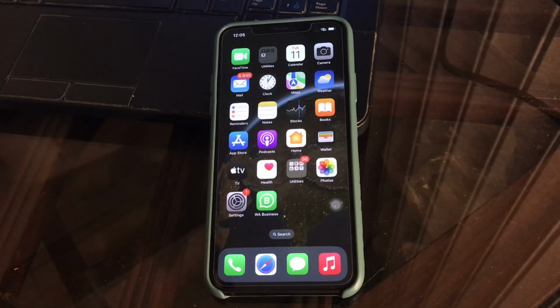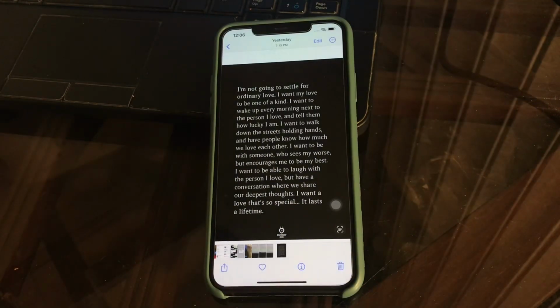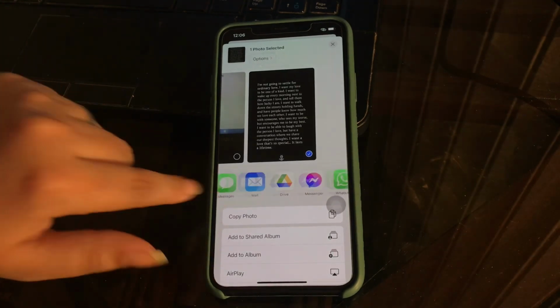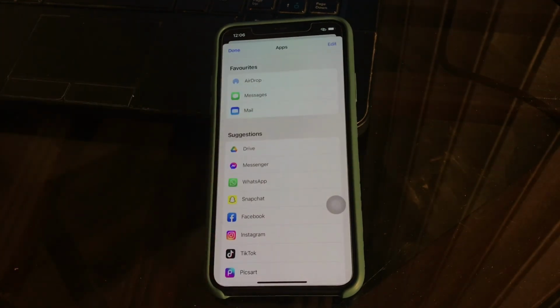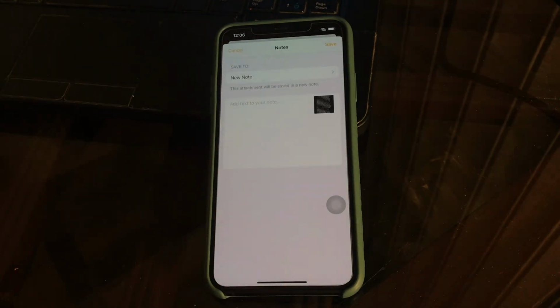And the next step is add to quick notes. If you ever wanted to copy something to the notes, earlier you had to copy the item like text, paragraph, image, etc. and then paste it to the notes after opening the app. But now the users can just select the item that they want to copy and tap on the context menu to explore more options and select the share option. Then tap on add to new quick note from the option. And you can save it by tapping on option save, and you are done.